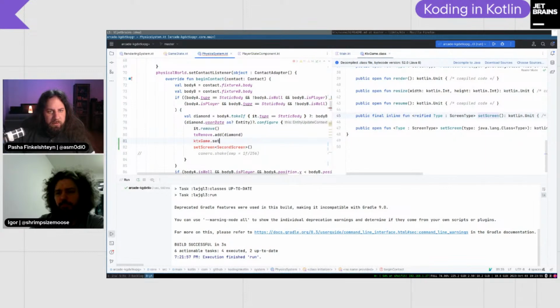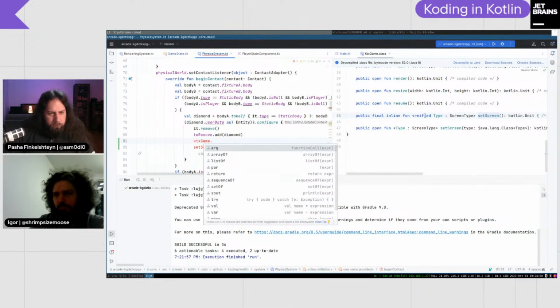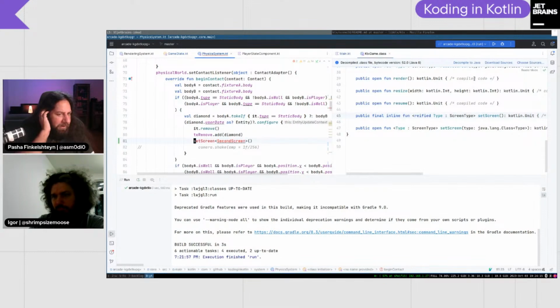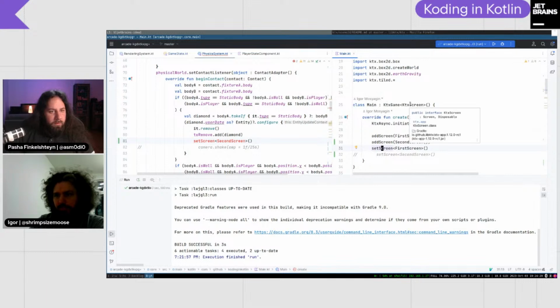Switching screen, KTX app. What they propose is to save a reference to KTX game, but then we will have to pass it down. Okay, we actually can make KTX game injectable. So yeah.